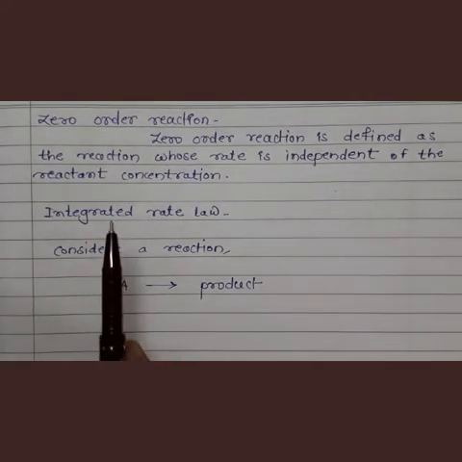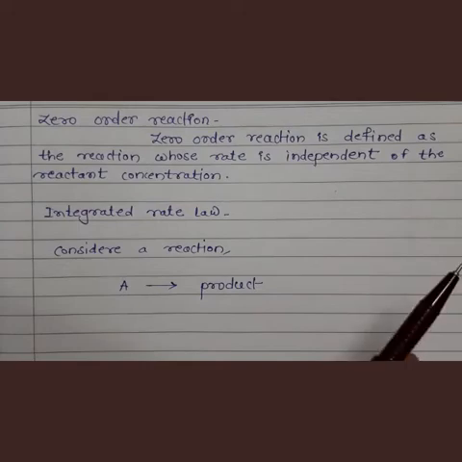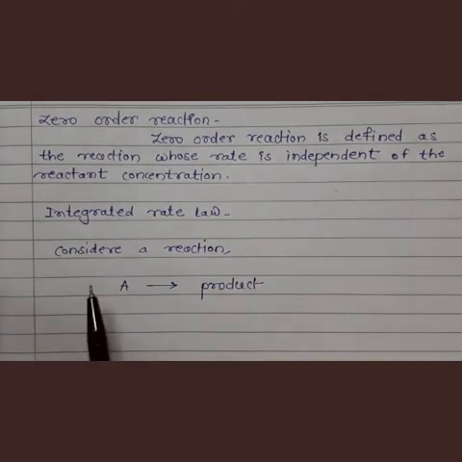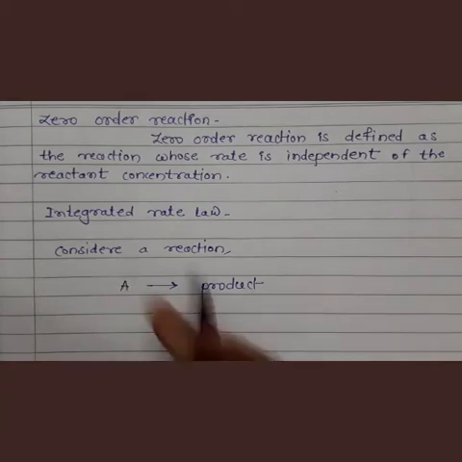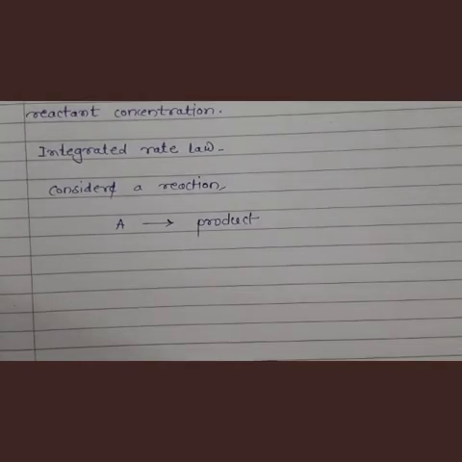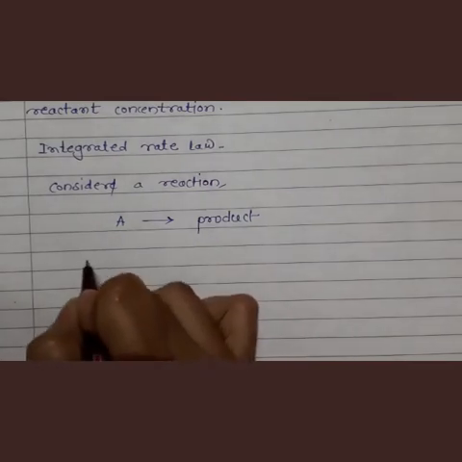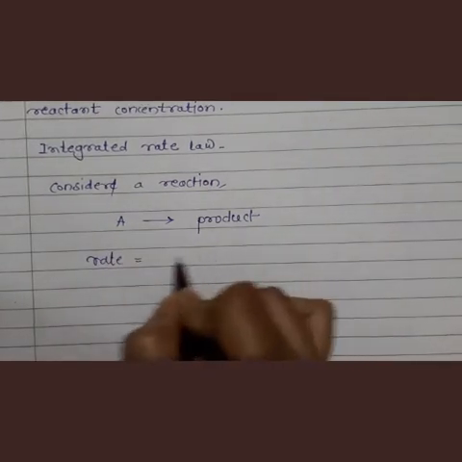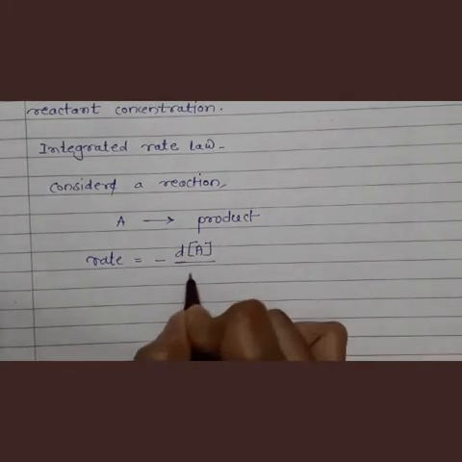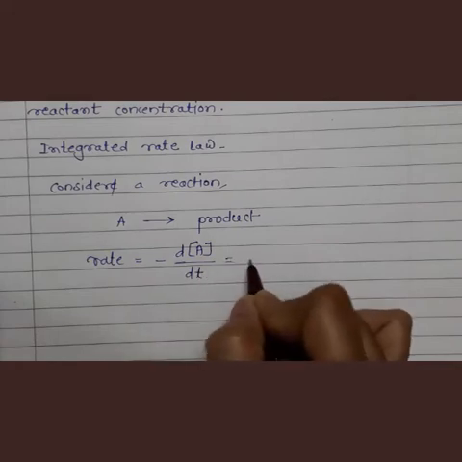Let us see the integrated rate law for zero order reaction. We have seen the integrated rate law for first order reaction. Right? Now here is the integrated rate law for zero order reaction. Consider a reaction A gives us product. So here in this case A is the reactant. And we know how to write the rate law. So rate is equal to concentration of reactant, meaning -dA/dt is equal to k,